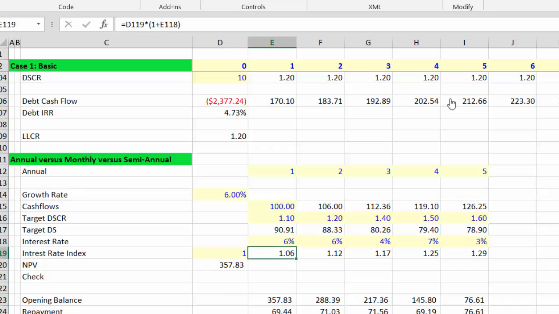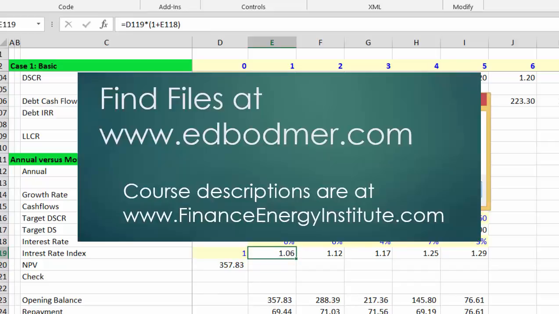Now, if we have different interest rates, what we do is instead of using the old